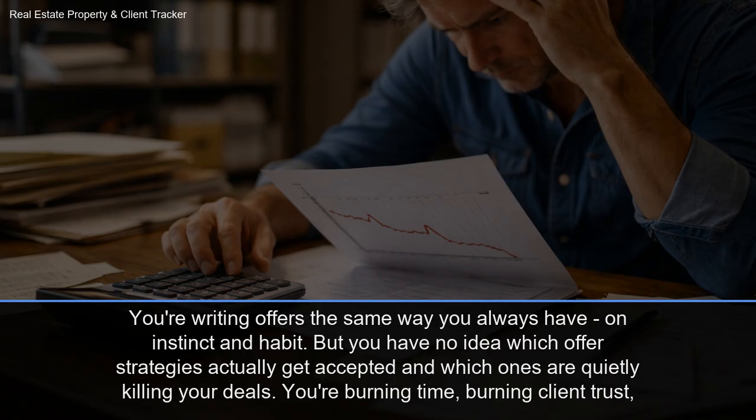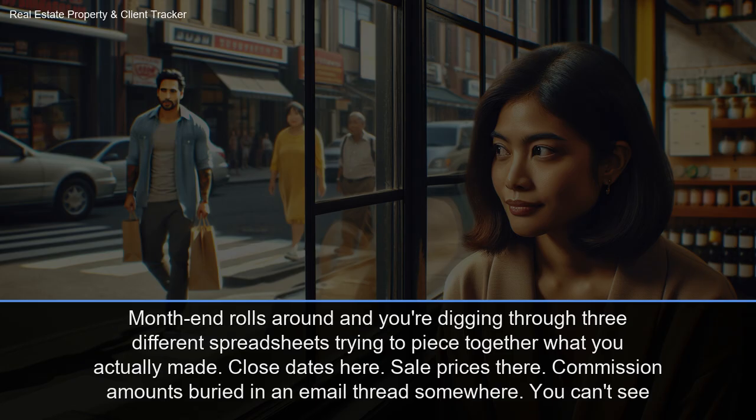But you have no idea which offer strategies actually get accepted and which ones are quietly killing your deals. You're burning time, burning client trust, and repeating the same losing approaches because nothing has ever shown you what's actually working and what isn't. Month-end rolls around and you're digging through 3 different spreadsheets trying to piece together what you